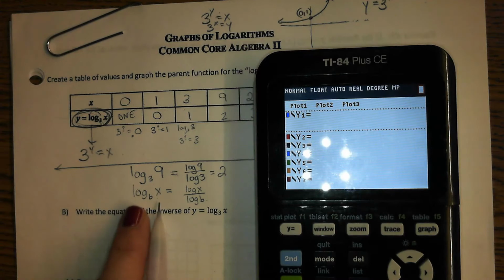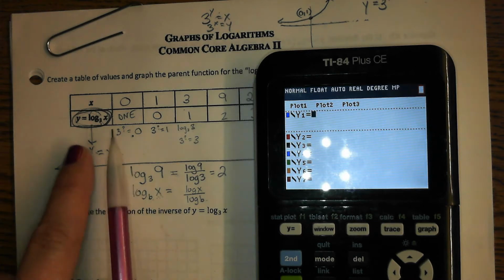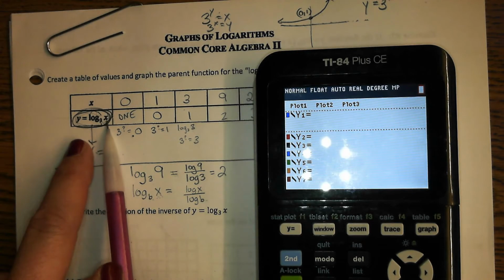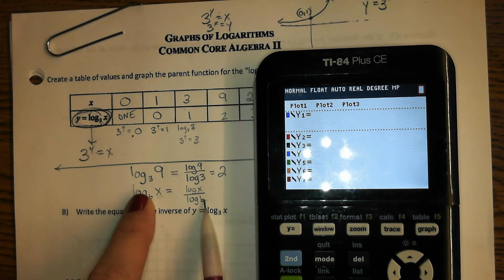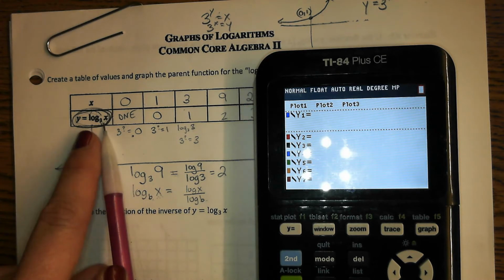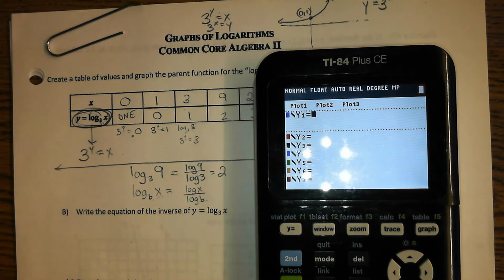Look at your formula. Which of these two is on the numerator? The x. The b is what's on your denominator. So what will be on your denominator here? The 3. So we'll type in the log of x divided by the log of 3